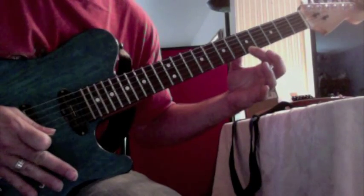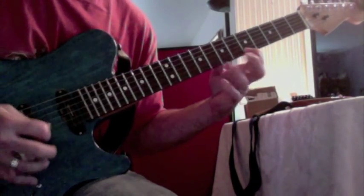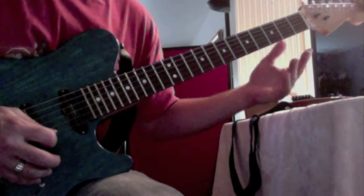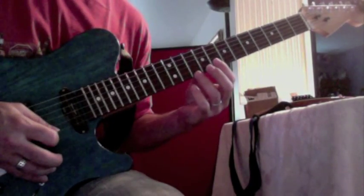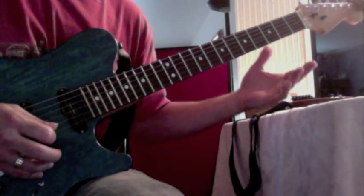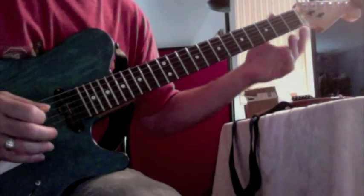down to the 5th fret, and then we're going to come back up to the 8th fret and repeat that again, sliding down to the 3rd fret. And once again, come back up to the 5th fret, do the hammer pull down to the open string. So once again we have this. That section, you can practice that over and over again. So then after that open string,